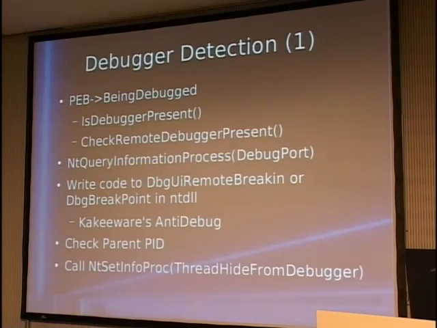ADHD. ADHD is a debugger detection foiler. Basically, it's another rootkit that'll try and hide the presence of a rootkit via some basic techniques. So what are these techniques for debugger detection? The first one is the being debugged flag in your process execution block. This is a per-process userland data structure that contains this Boolean